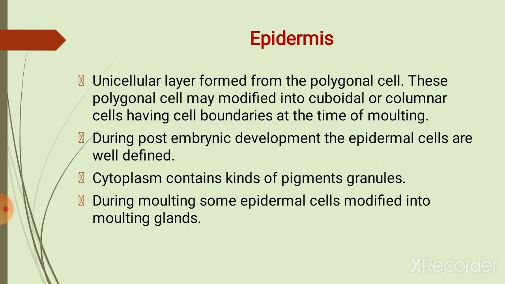Each dermal gland is formed by a group of 3 cells, and the medial cell contributing the body of the gland is termed a trichogen cell, while the remaining cells constitute the duct of the gland and are termed a tormogen cell. During molting, some epidermal cells are modified into the so-called molting glands, which secrete the molting fluid that digests the old exocuticle for growth of the new cuticle. Sometimes the microfibrils penetrate the epidermis from the site of muscle attachment.